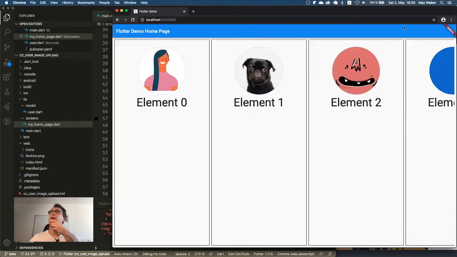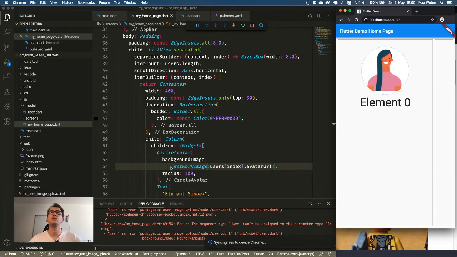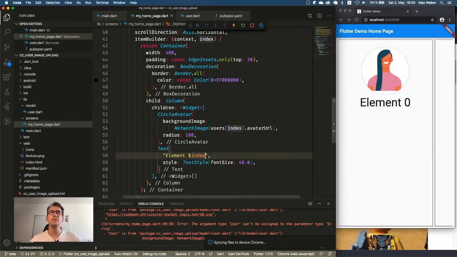So how does our application look? Not too bad. The only problem is that we still have element 0, 1, and so on everywhere. And yeah, how do we do that? We just take that user index. And for the string concatenation,